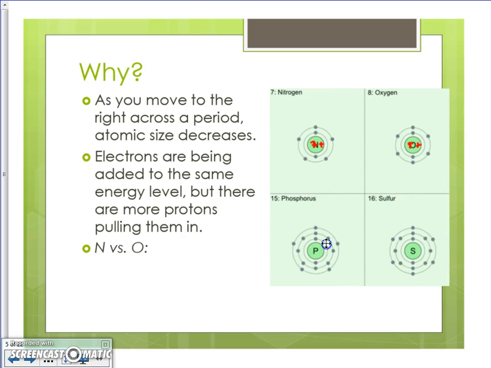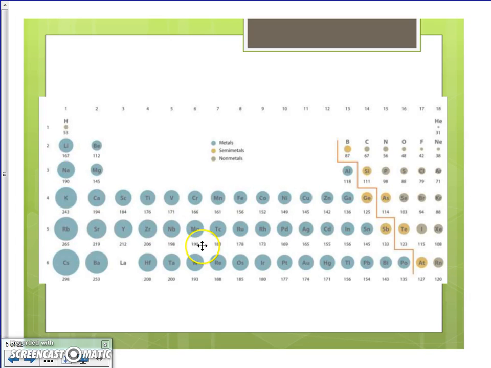Same thing for phosphorus versus sulfur. If we count 1, 2, 3, 4, 5 valence electrons here, sulfur has 6, so we've added that extra one, but we've also added that extra proton. So a bigger positive charge here versus there. Overall,